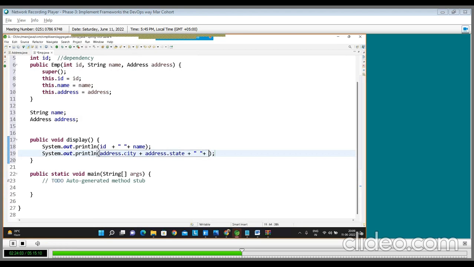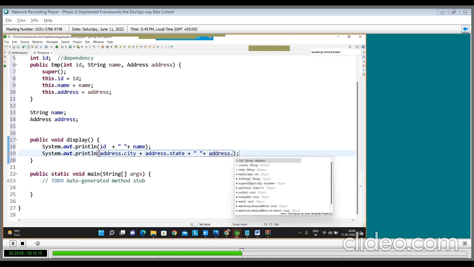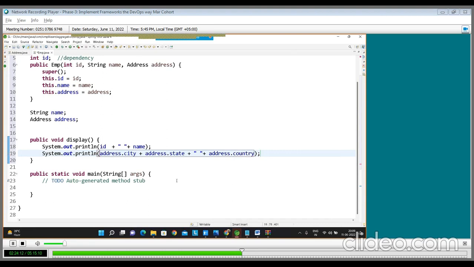And the last one is address dot country. So it will print those things when we provide that. Now this is a has-a relation, and we'll create the object here. Now this is the drawback with Java, or not the drawback, but this creates the problem actually. You will see, I will create the object of address,